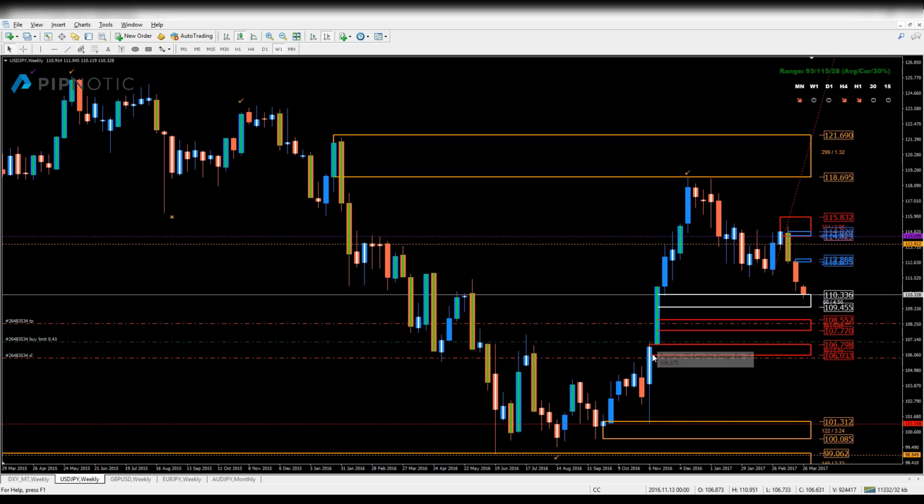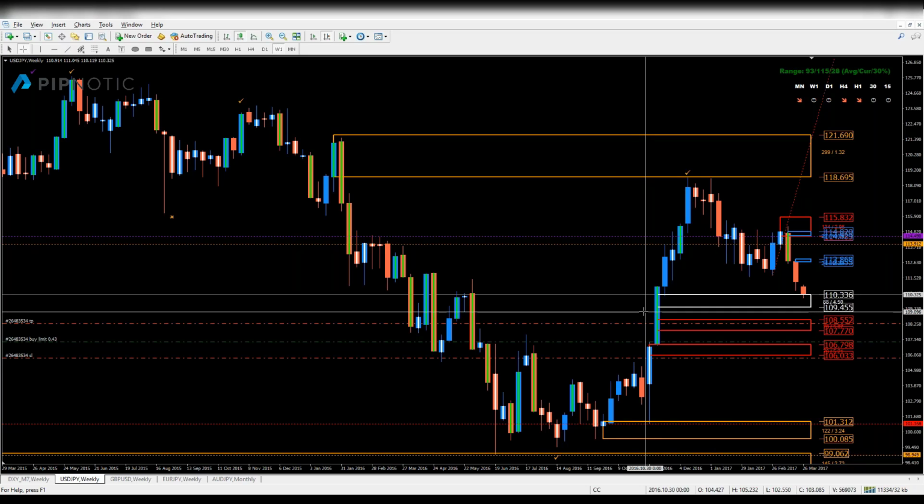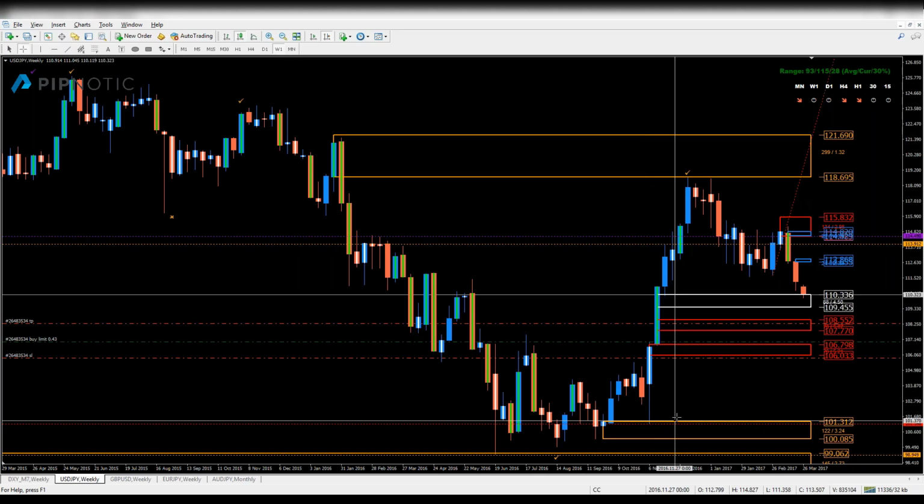You can also see here, this is the high of November 2016, which lines up nicely with some of this here. So we have resistance becoming potentially support. This is kind of like the flip zone for this. So that might be quite an interesting one there